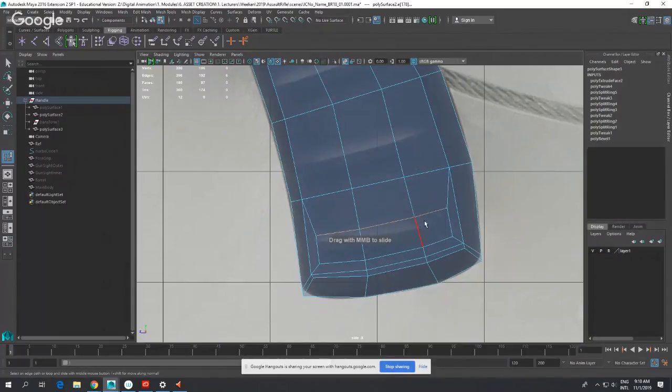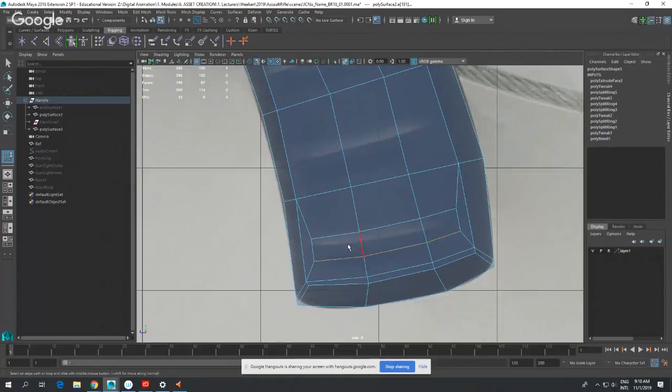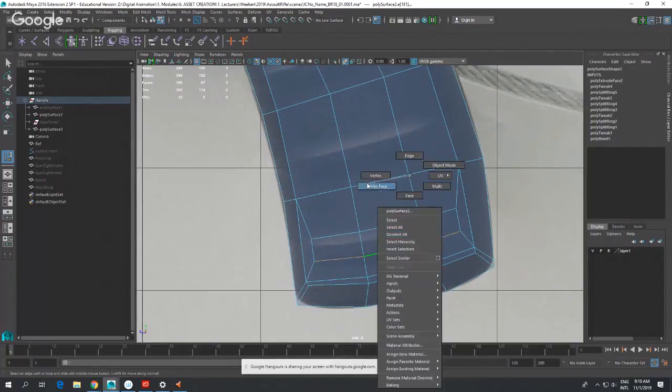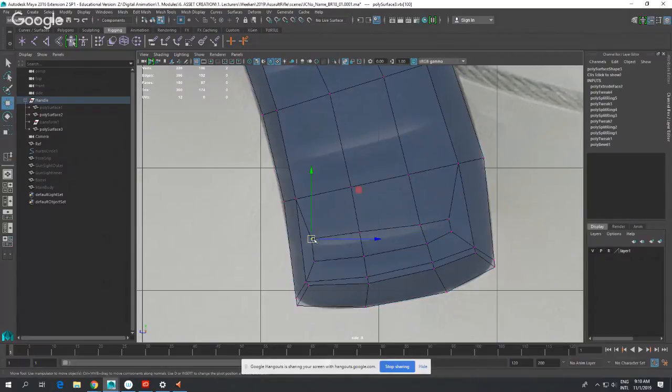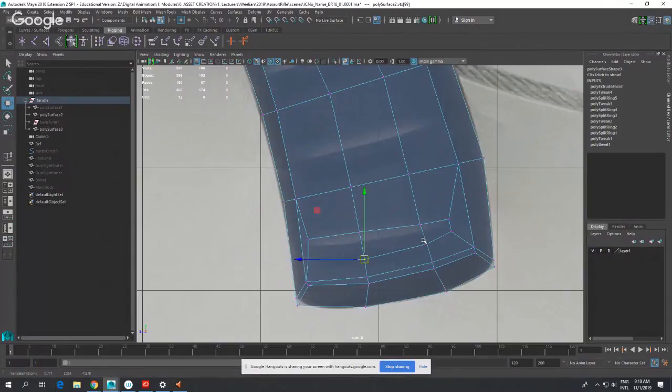The reason why I'm using the Slide Edge tool is that I want to maintain the shape of the handle. So I'm sliding it so that it matches the position of my grip here. Right now I have to switch to manual vertex mode, go to the vertex tool, and manually move these vertices until it matches the shape of the grip. Okay, this grip feature. I'm going to scale them out slightly bigger because I noticed that this is actually